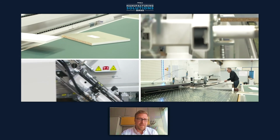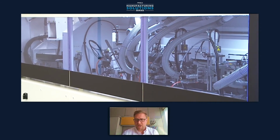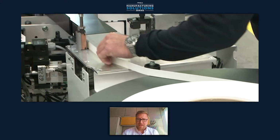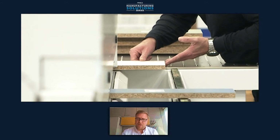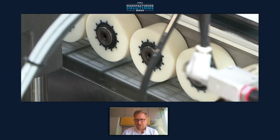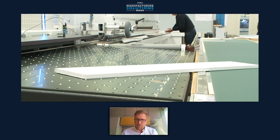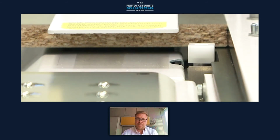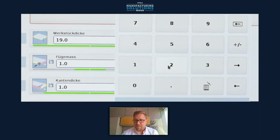The operator can simply scan these labels and it's going to pull up a job out of the controls. And it's going to say, okay, this is 3/4 inch material. We have 2 millimeter edge banding, and it's going to set all of the stations automatically. So we need a lot of automation at this point in an edge bander. We want all of the stations to automatically adjust to the proper position to ensure the quality of the finished